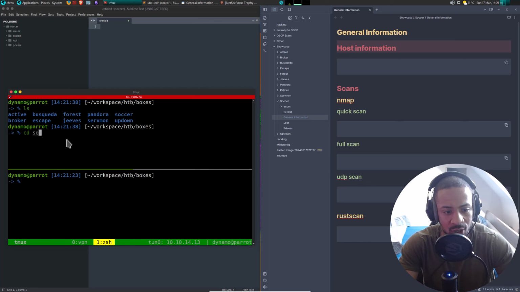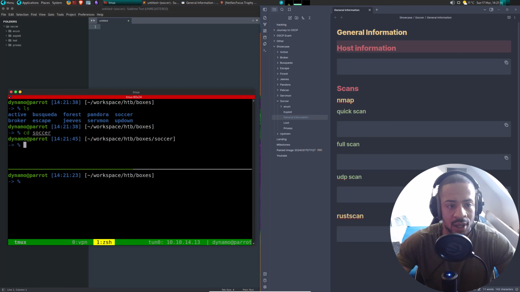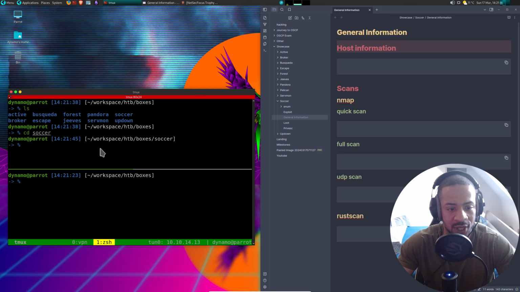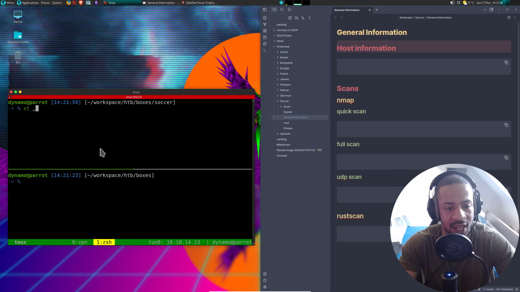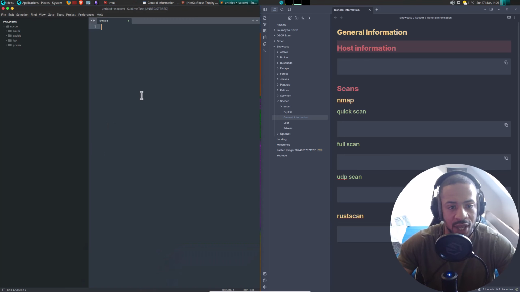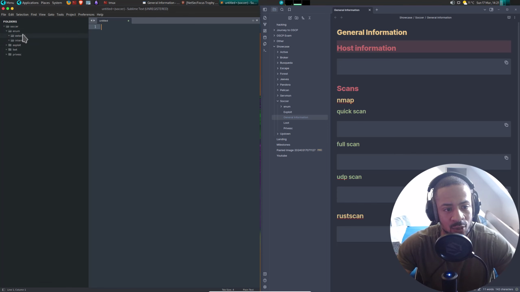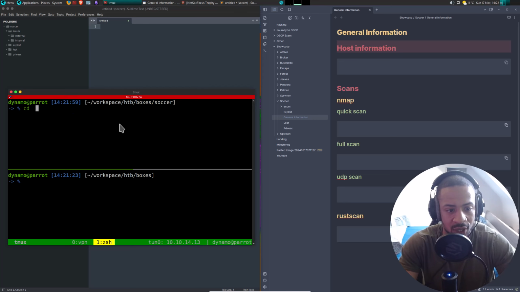So let me go into Soccer. I believe I had created it before but then deleted it, so this one will not be up to date, so I'll have to open that again like so. There you go. And then in here as well, everything is created already. So in the terminal, we can go into enumeration and then external and begin.